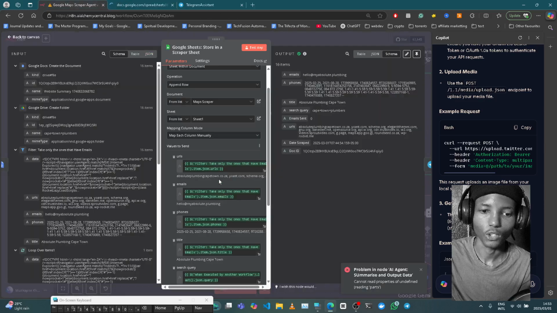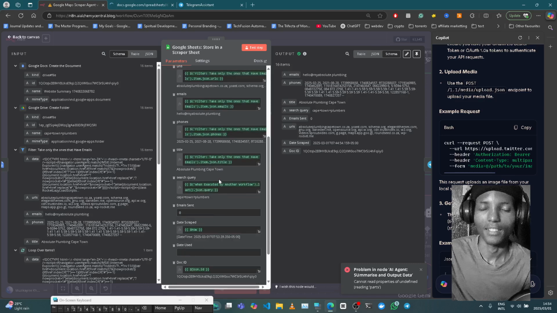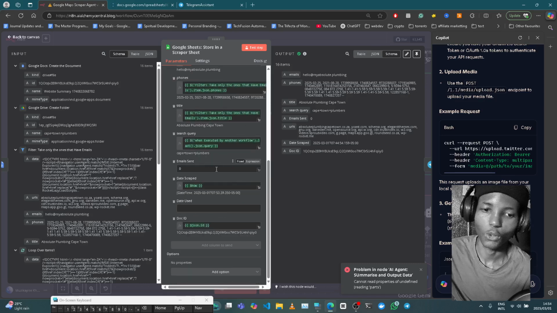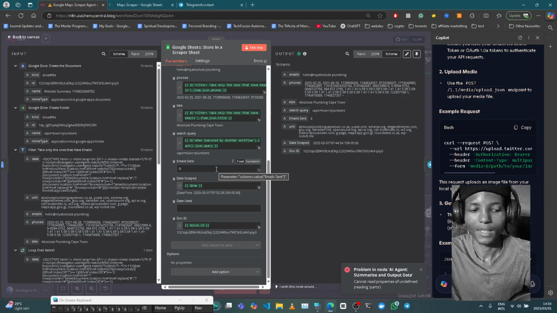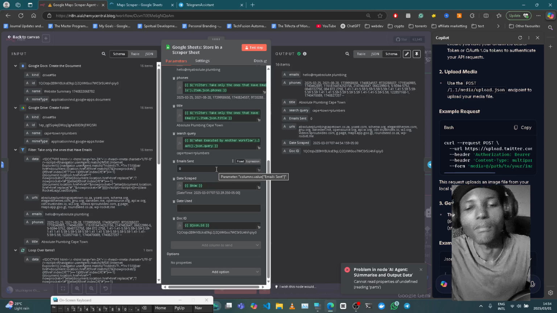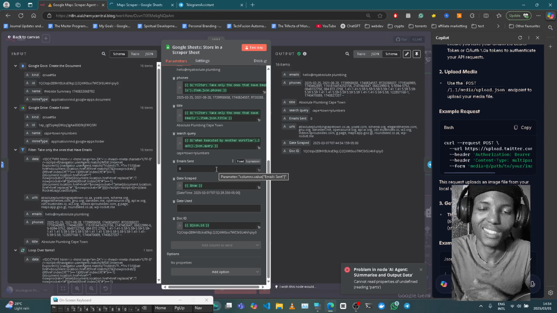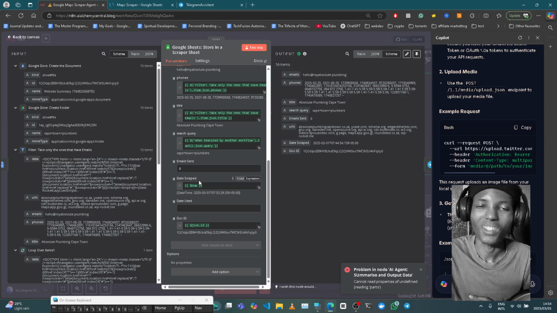But if you understand something about email marketing, you understand that most email marketers don't send just one email to a prospect. They send at least 2 or 3. Most of those are follow-up emails just to check if there's any interest, because sometimes people read emails and then don't respond, or they read them but they're not ready for it. So sometimes it's just to gauge the interest or to create even more interest in a prospect. It's also useful to store the time that you actually scraped the data at,